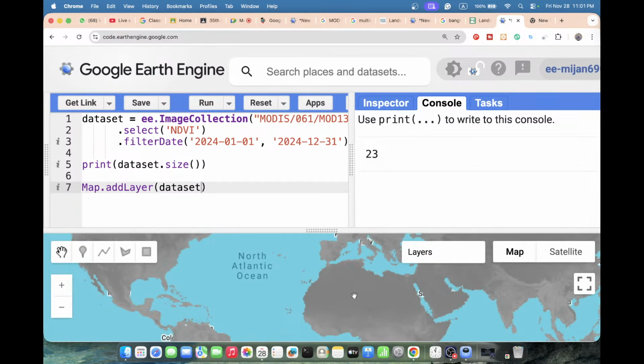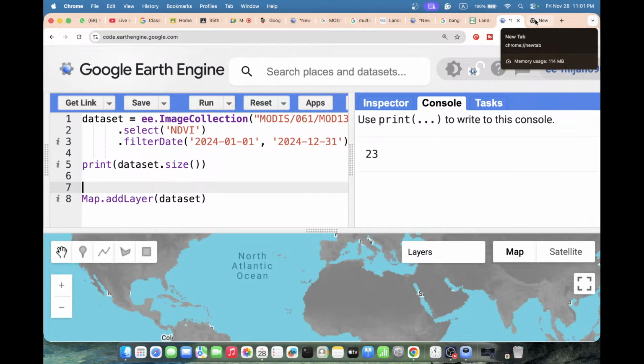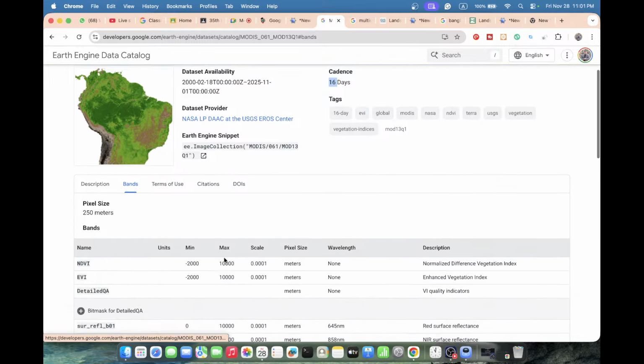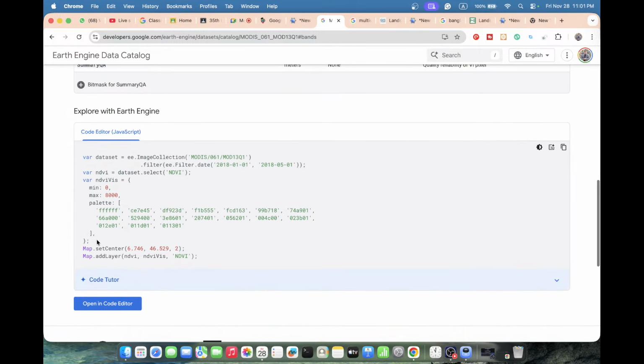There is no color, so I want to add color to identify vegetation, where there is high vegetation, low vegetation. So we can easily get the information. You can check some information about the color code. So this is the color code. I simply copy, just take copy